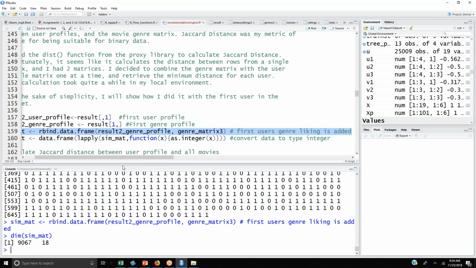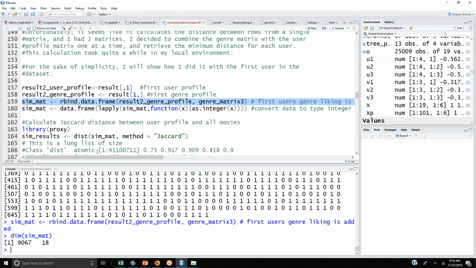Exactly. Okay. Now, because I need to calculate the Jaccard distance, right, in order to do that, I'm going to do an lapply function, the list apply function, for this data set. And I'm just converting all the numbers to integer, because for Jaccard I need a certain type of data. So I'm doing that lapply, and that is calculated here. I did so far only up to this 3 gen, so I need to do this step also. Okay. So genre profile